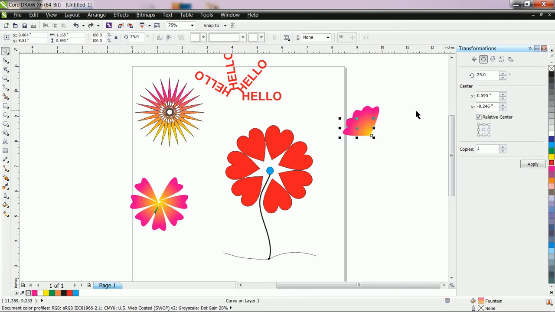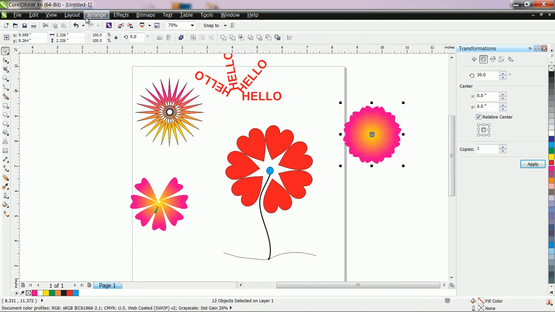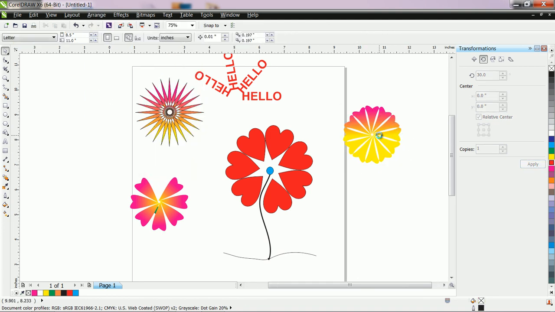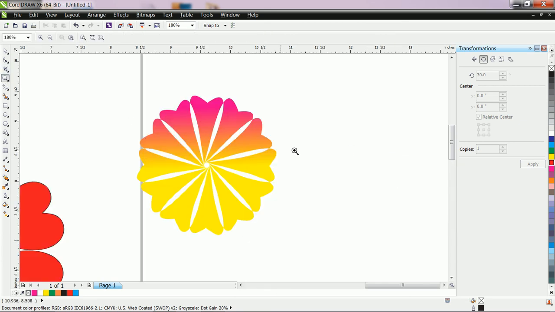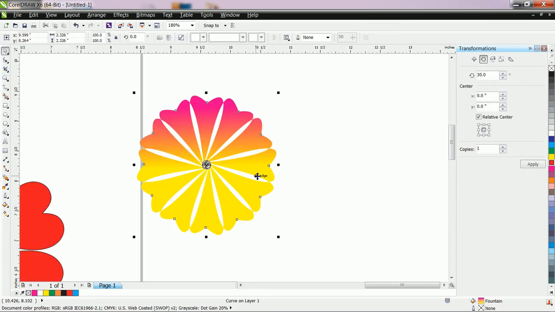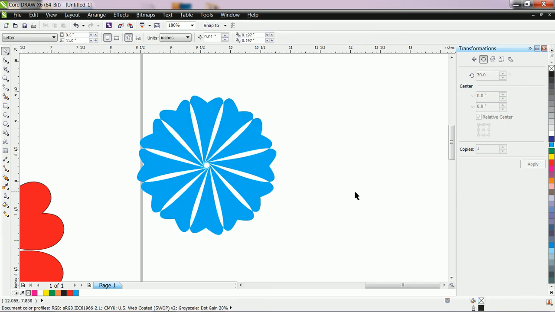Don't keep a gap between the shapes. Suppose here we use 30. Okay, this is perfect. Now go to arrange, combine. Okay, and after combining you can also change the color, or you can use the shade.